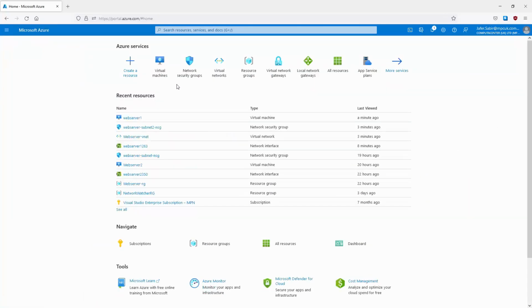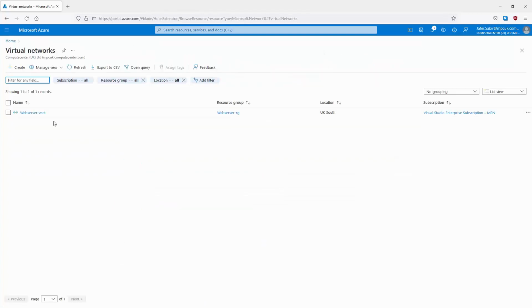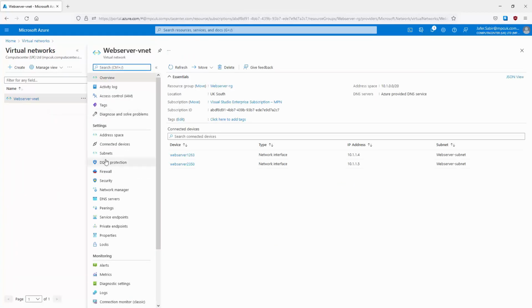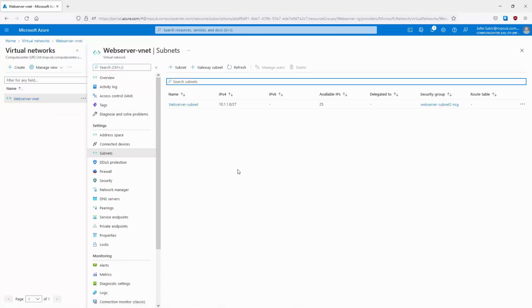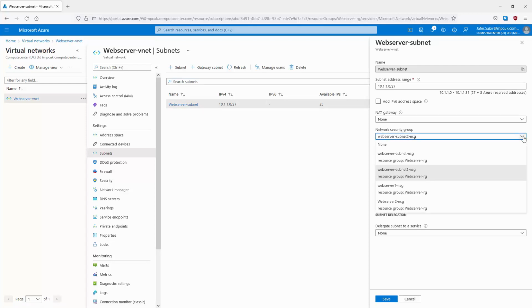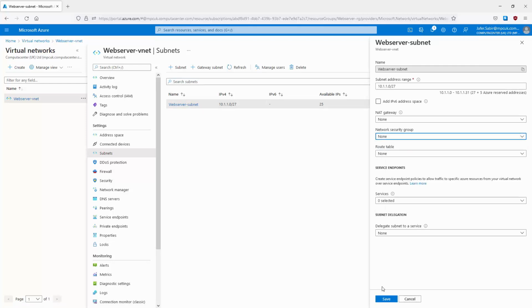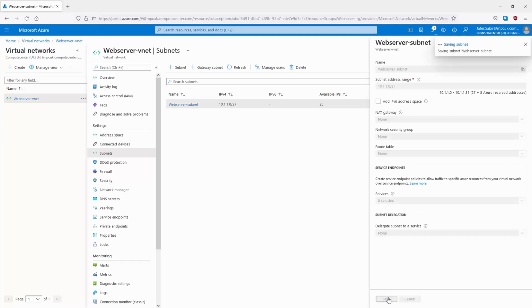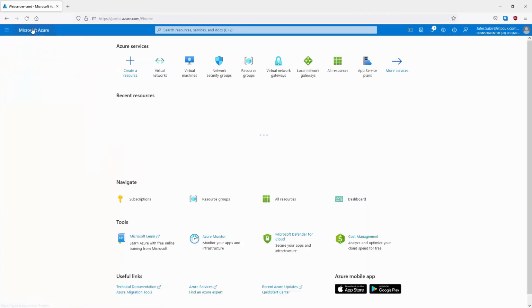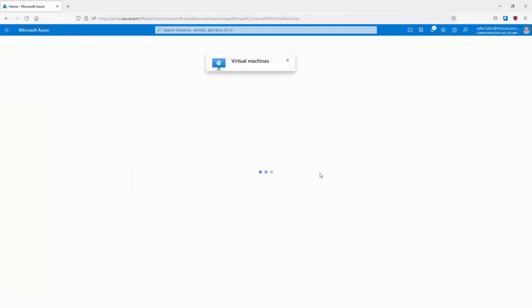Let's go to virtual networks, and then let's go to web server-VNet from here, and let's go to subnets. Now let's go into the web server-subnet, and then in the network security group here, let's click on none, and then let's save that and see what happens. So that's been saved. Let's go back to my virtual machine again so I can see the public IP address